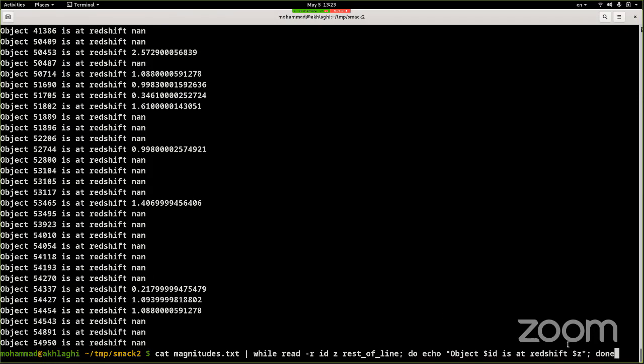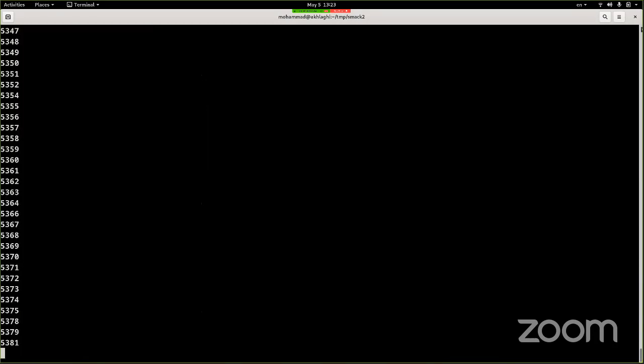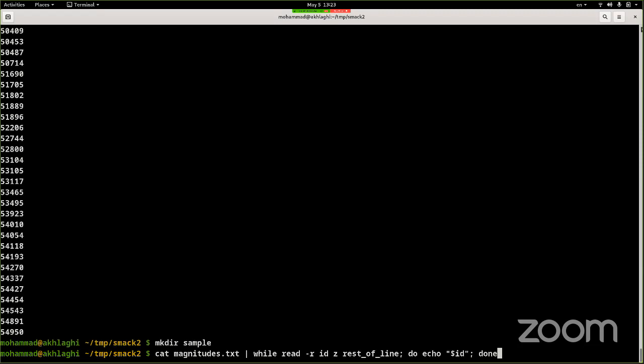One simple thing that can start you off in your research is that, for example, you want to do some studies on this large sample of galaxies, right? So we'll just do an echo, for example, ID. You see, it just prints the ID for that column. But say you're doing your studies on all of these galaxies, and you want a special file to keep the outputs for every galaxy. So let's make a directory called sample, mkdir sample, and we'll write every ID and redshift of the object into sample,